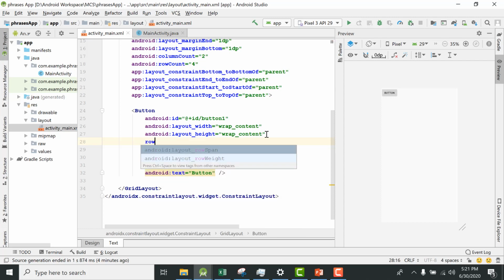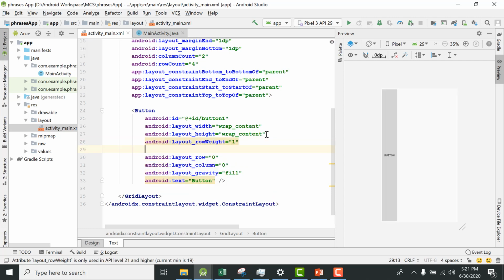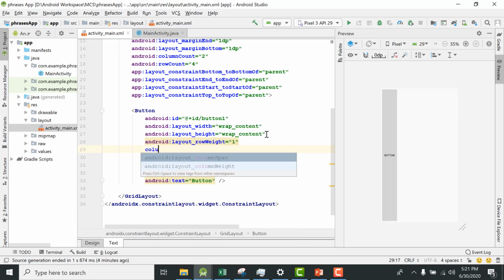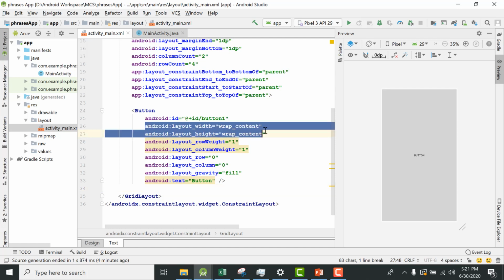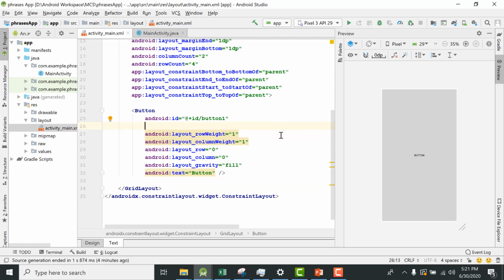So the row weight here is 1, and the column weight is also 1. So you see that preview, you can see that it has taken the full space. So now we can delete these two attributes. So still you will see your preview.